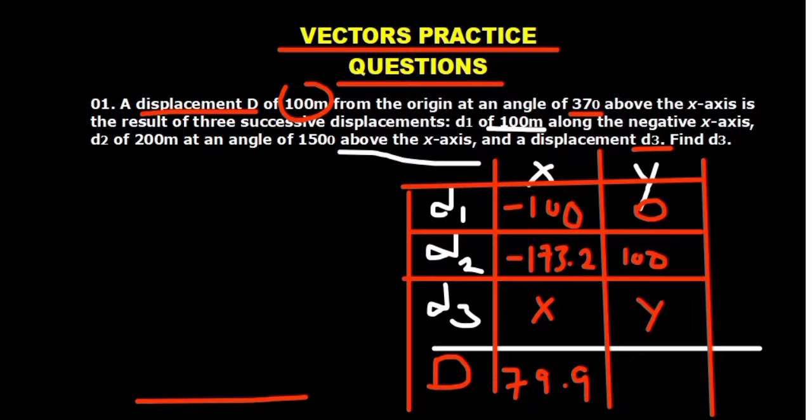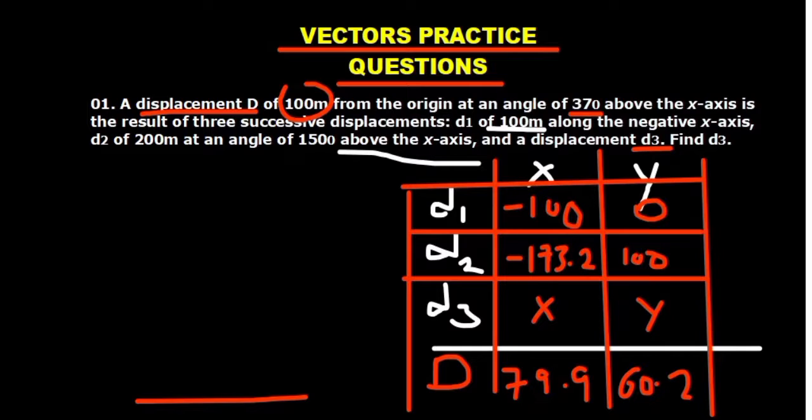Then for our y, it's 100 sine 37, which is 60.2. So what we've come up with, guys, is that we've resolved the given vectors into their x and y components,